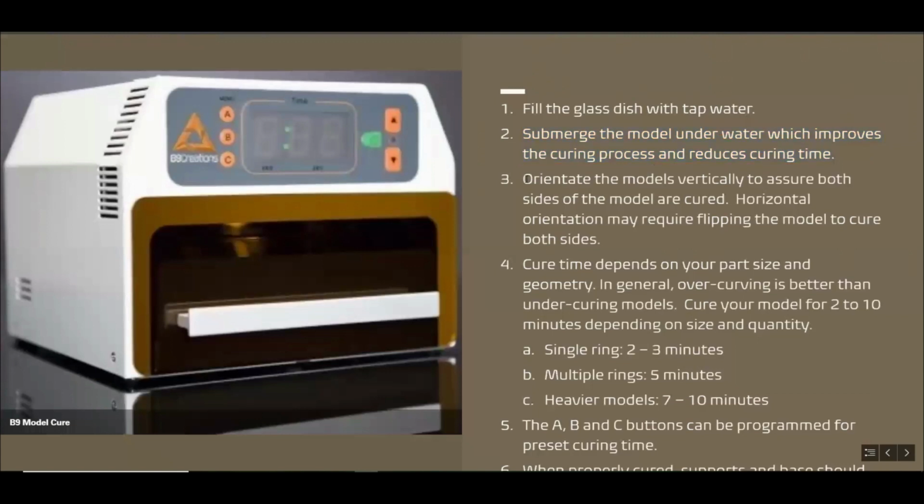Is it important to use the glass dish that it comes with, because it's fairly small? Can you use a different one that's a little bit bigger? Sure. As long as it's glass, and so the key there is if you look at the bottom of